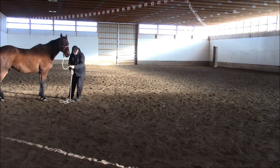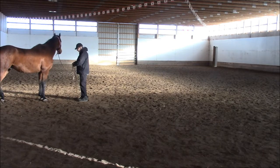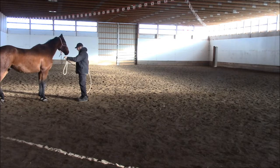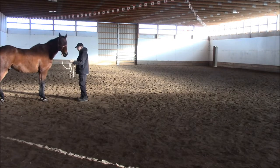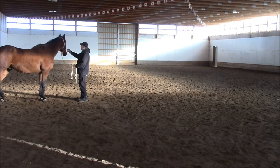Yeah, we want a halter that fits proper. We don't want one that's going to fall off his face and we lose control of the horse and then we can't continue on. And the horse learns that if he acts like a nut, he gets out of the halter because it doesn't fit right. I don't want the horse learning bad lessons, so it's actually important to make sure at all times that the halter